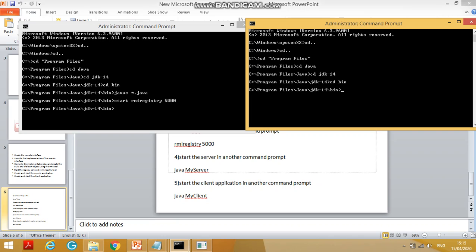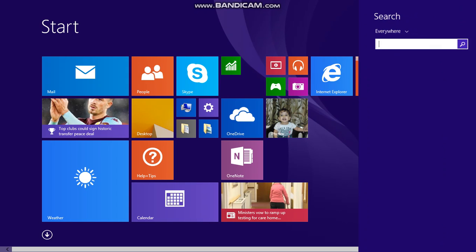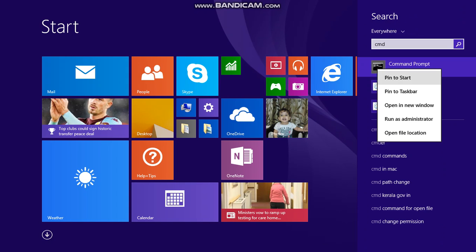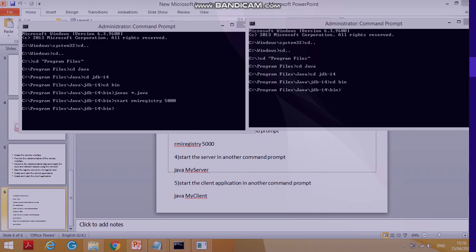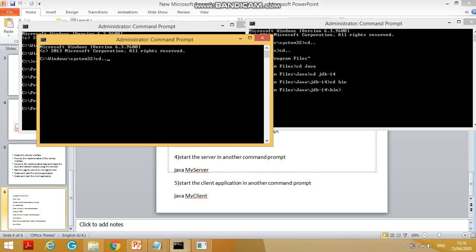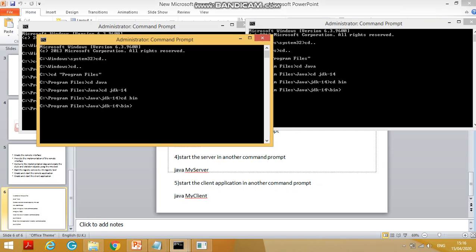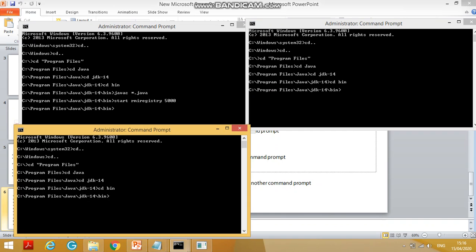Next we start the server and client. We need another cmd, going to the JDK bin folder. So we have two cmds open.